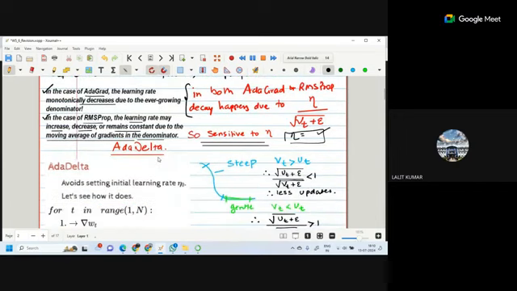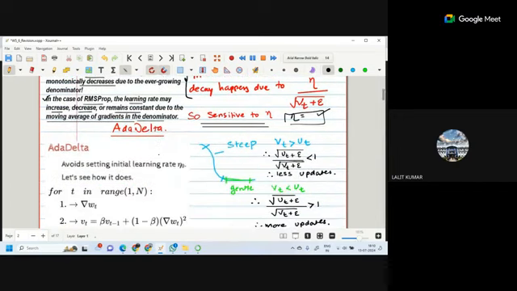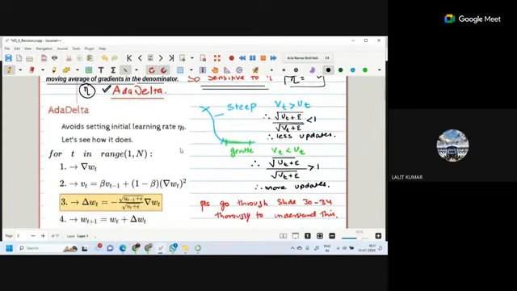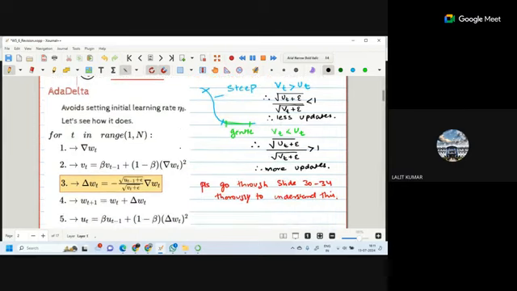So one solution is that if we don't want to decay, then we have to remove this learning rate. With that, the algorithm came AdaDelta, that is adaptive delta. In this AdaDelta, there is no initial learning rate. And there are two values, one is UT and one is VT. VT is one step ahead of the UT. So if I take it like this, if these are the values, VT is here and UT is always one